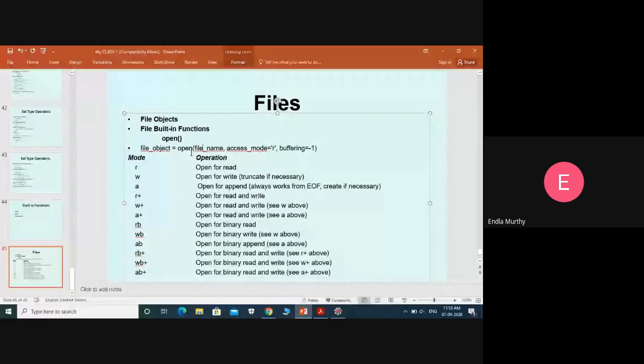In all these cases, R plus, W plus, A plus, we can do both operations, read and write, and if the file does not exist, it creates a file. W plus erases existing data and starts from the starting position. A plus starts from the end of file. If we have some data, whatever we insert comes after the data.